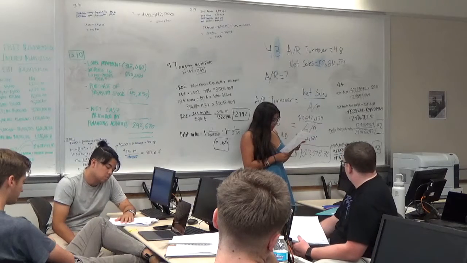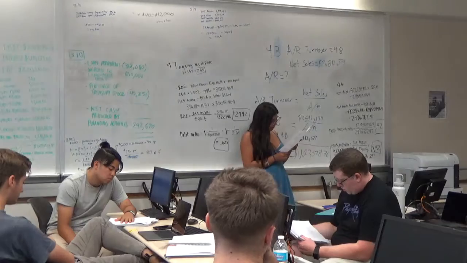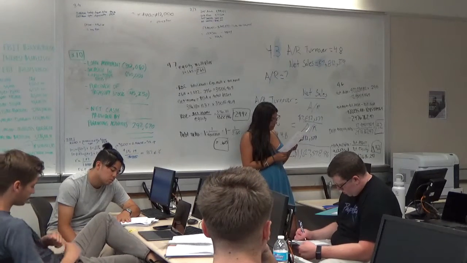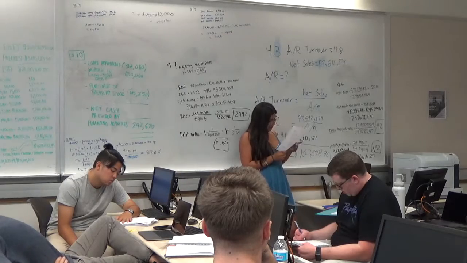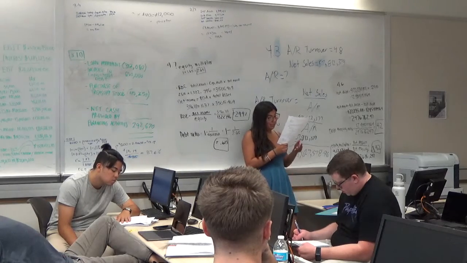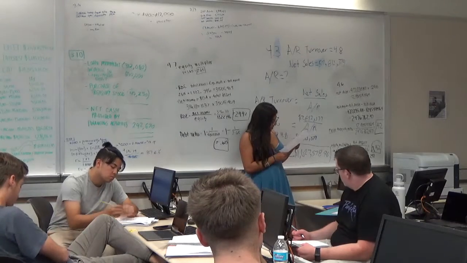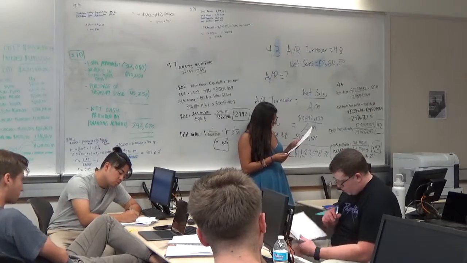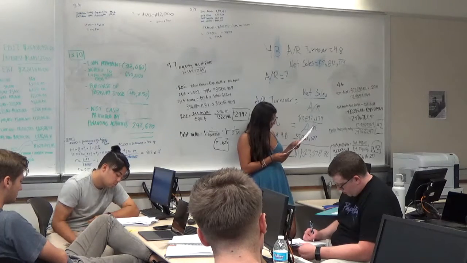So it's going to be $4,022,811 times 0.295. So the first number was the total asset, and then the second one was the debt ratio, and that will give you